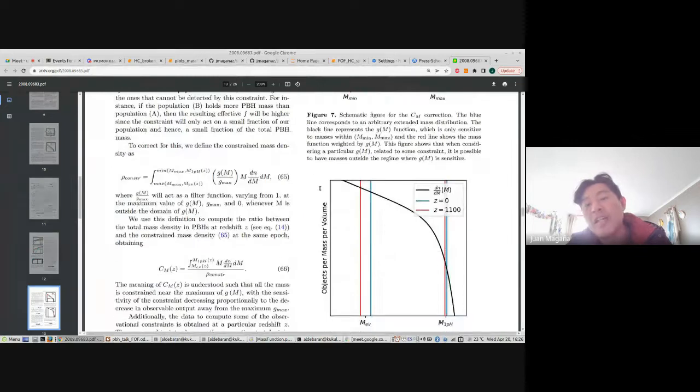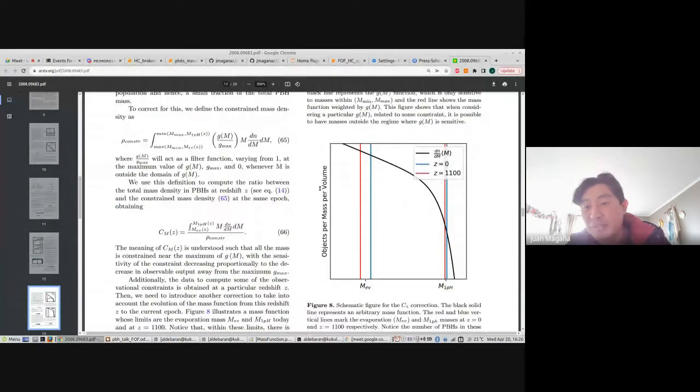the fraction of primordial black holes as dark matter because of the presence of these objects. And the other correction is because of the evolution of the mass function. For example, here you can observe an example of a mass distribution, and the blue line represents the evaporation mass at redshift 0. This other blue line represents the maximum mass of the distribution.